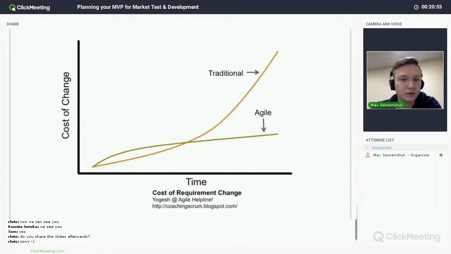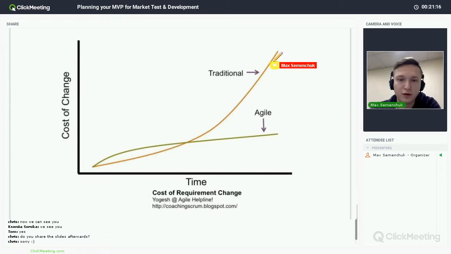And that's why, for startups, Agile is used. Agile means quick iterative development, when you go through all the stages instead of writing the documentation for the whole product and developing it over a year or so.